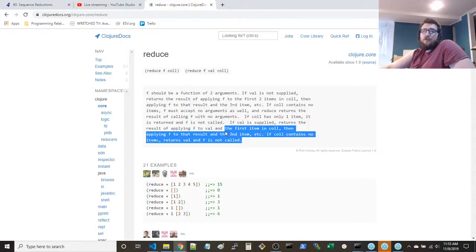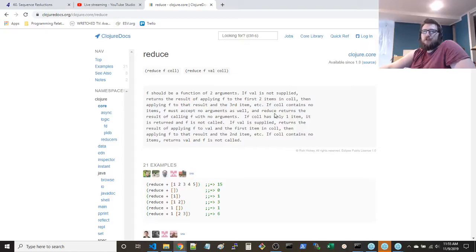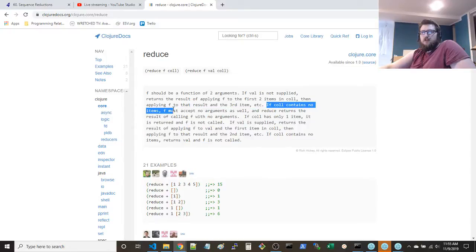Yeah, when we looked at reduce. Oh yeah, his solution is actually wrong though at the bottom part, and the reason is: if collection contains no items, F must accept no arguments as well, and reduce returns the result of calling F with no arguments.